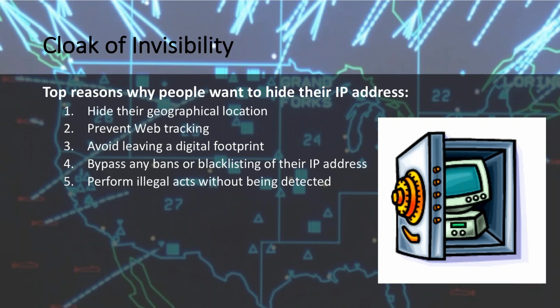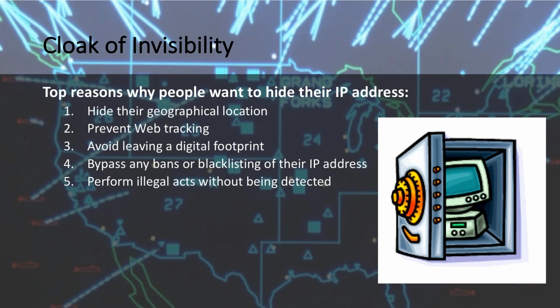If for some reason you don't want anybody to know exactly where you're at, you would want to use a private VPN or something of this nature. A lot of people nowadays, if they know your IP address, can pretty much track that down specifically to what location you're at. Also, it's good to prevent web tracking,